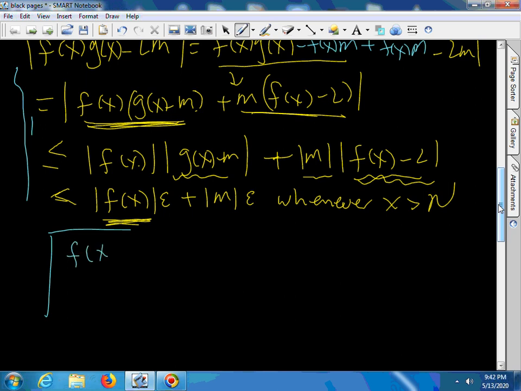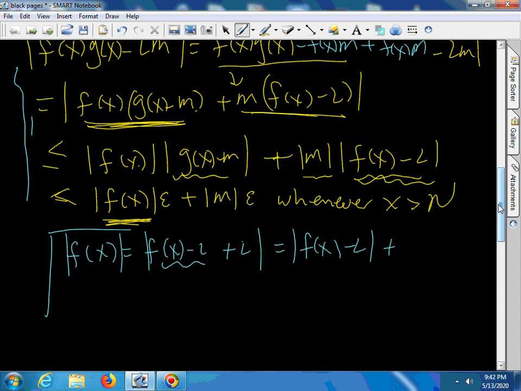We know that f(x) is equal to f(x) minus L plus L. So the absolute values follow, and this is less than or equal to the absolute value of f(x) minus L plus the absolute value